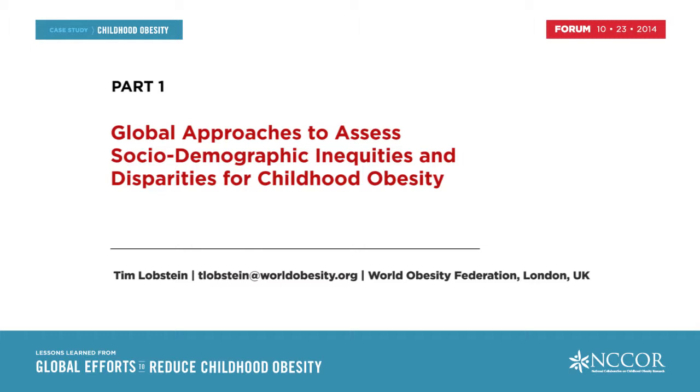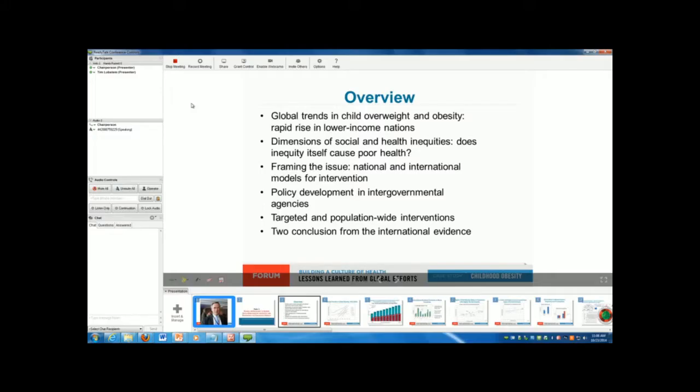So just to give you an overview, I'll be talking a little about the trends and setting some of the dimensions there to what we mean by inequalities or inequities. I want to say a few words about framing the issue and how important that is, and what governmental agencies are currently up to, and then have a little bit more of a think about how we could develop interventions and what impact they may have on social inequalities. And then lastly, Vivica had given me a few questions to respond to, so I'll add those in at the end.